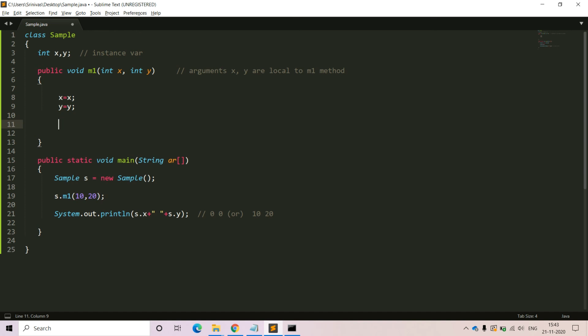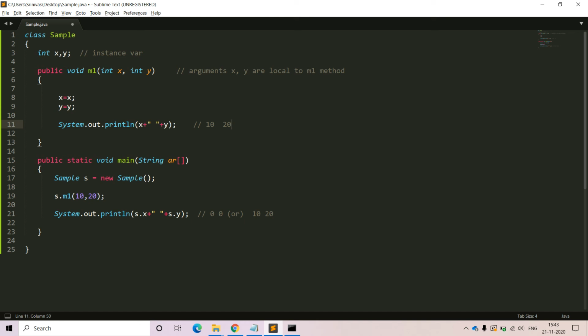If you print the same with a system.out.println statement within the method, here an object reference is not required, since it is the instance method. Definitely within this method itself we are going to get 10 and 20.